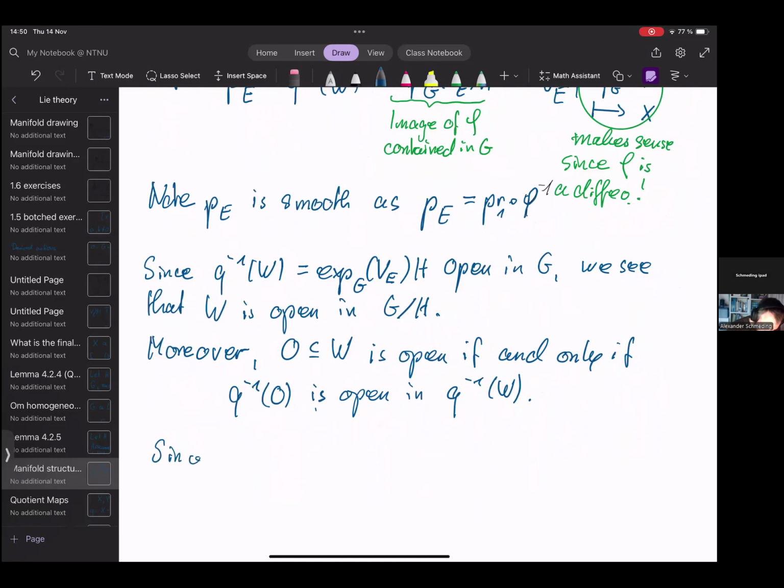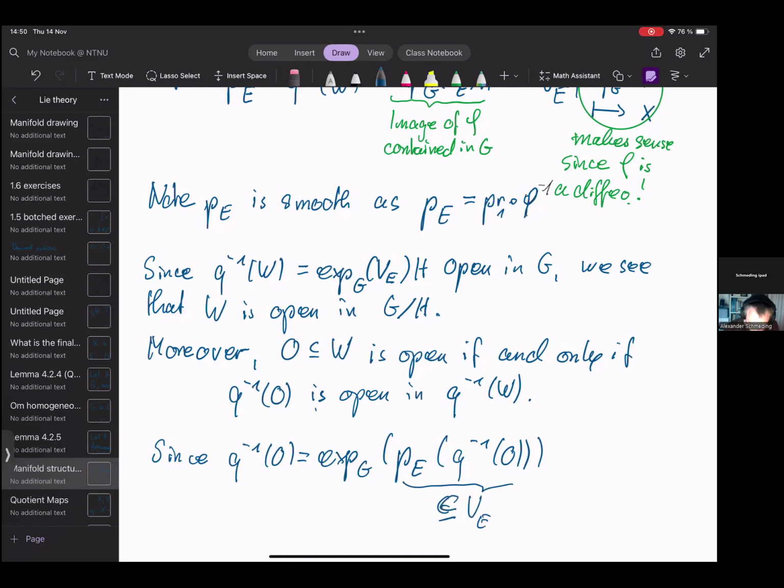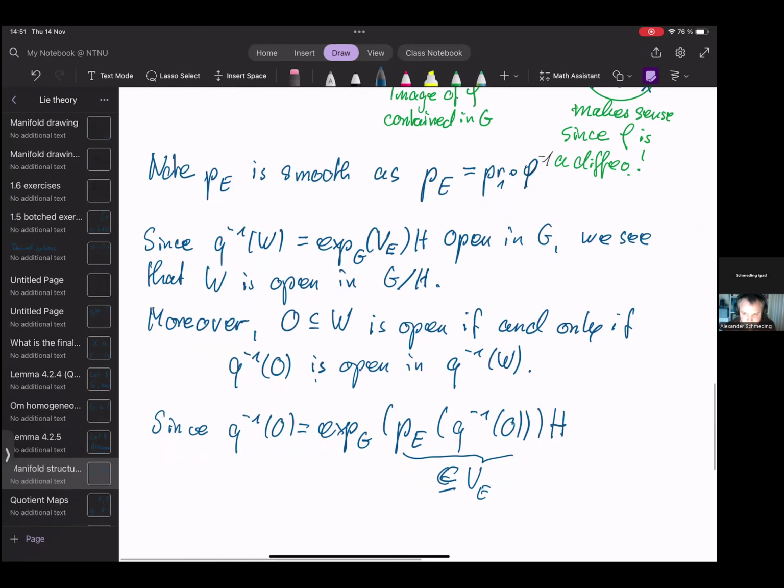how this goes. Since Q inverse of O, well, this is exp G of, well, I mean, we are first applying our map PE to Q inverse of O. Then we get something, so whatever this is contained in VE. And if we exponentiate, we get less than Q inverse of O. But the things we are losing are actually just the contribution from the subgroup H, which gets multiplied from the right. So the openness